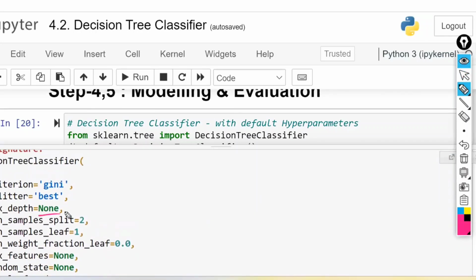Maximum depth is equal to None. None means till the last, there is no condition till the last. Minimum samples required for the split: if two different categories are there in a node, one plus and one minus, still it has to be split till you get the pure node. If both of them belong to the same class, no need of splitting.